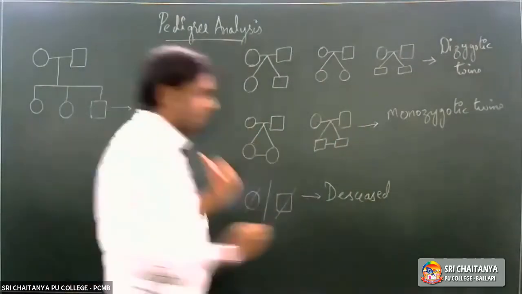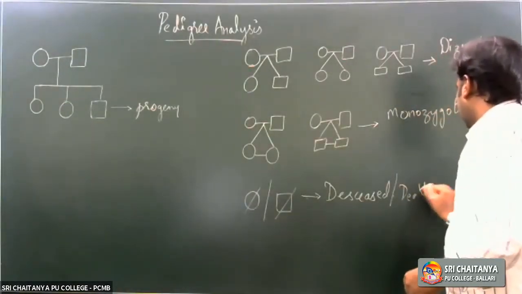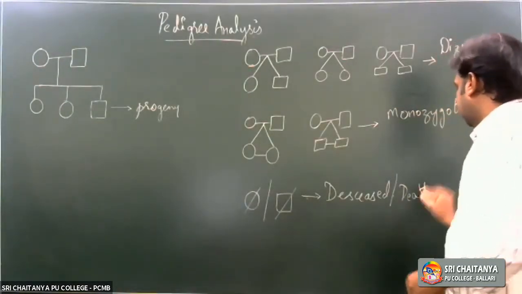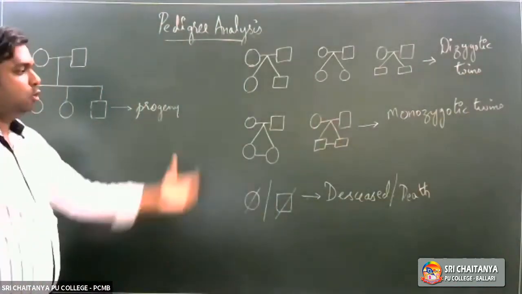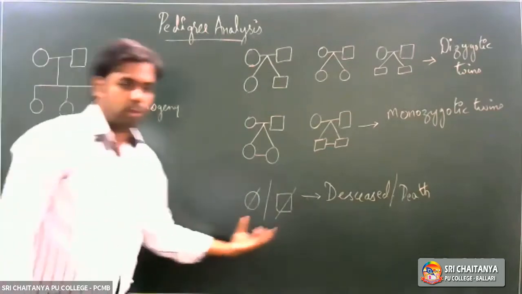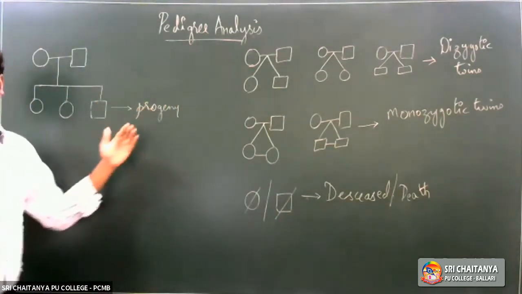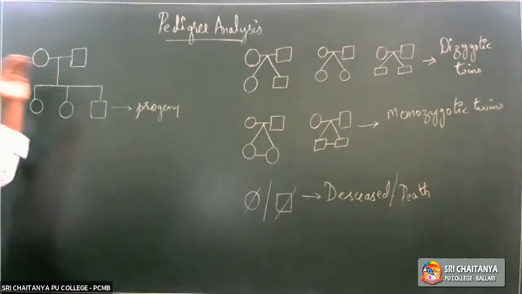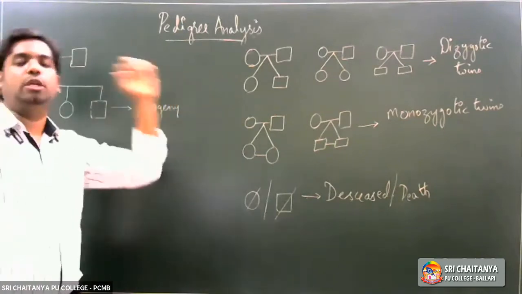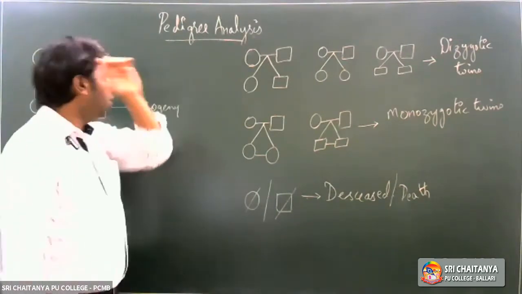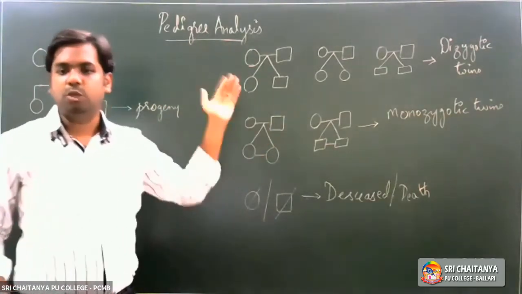So when we say deceased, this would indicate that they are dead. So this would represent the death of the individual, right? Deceased or the death of the individual. So when an individual dies, this is how we represent them, right? So this is what we have with regards to the symbols which are usually used during the process of plotting a pedigree analysis, right? So I hope all are clear with the symbols we have seen.